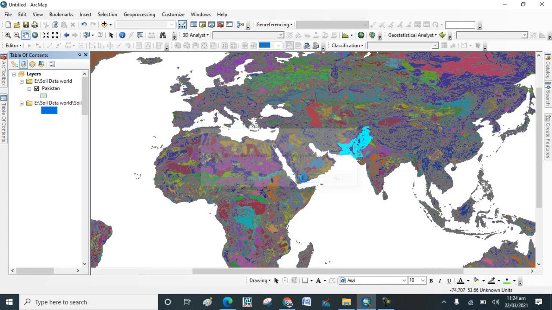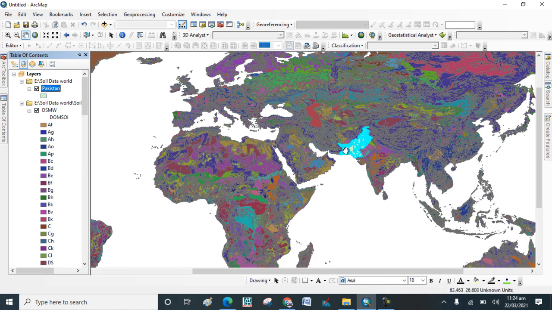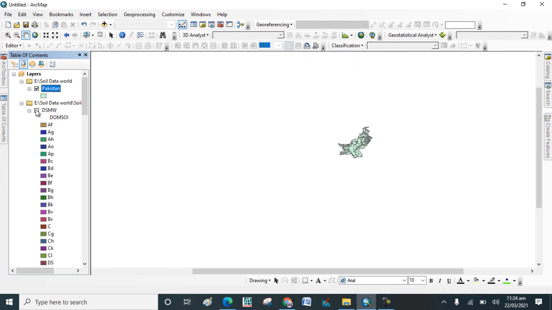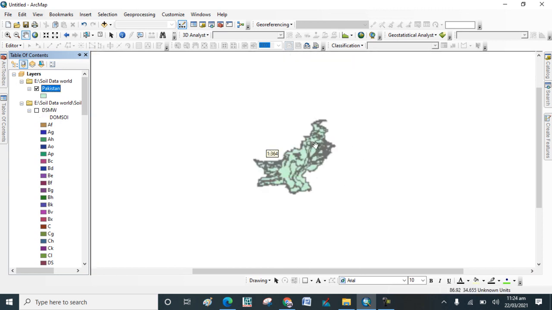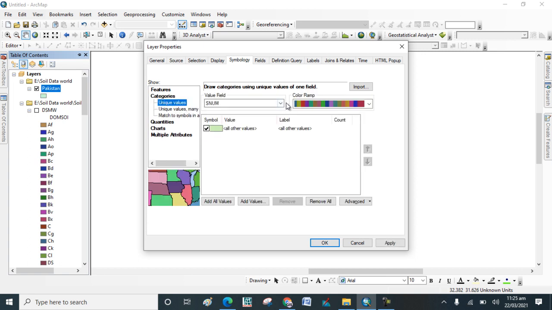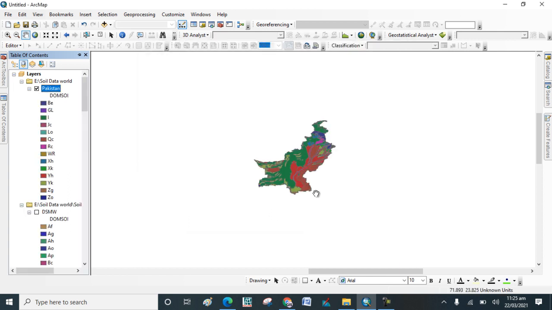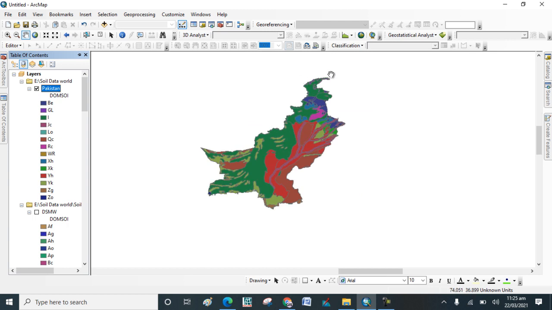Wait for that, and you can see that I extracted this data, Pakistan. Now if I uncheck the world data and just keep Pakistan, go to properties of Pakistan, go to categories, click on soil type and add all values. Now click on OK.